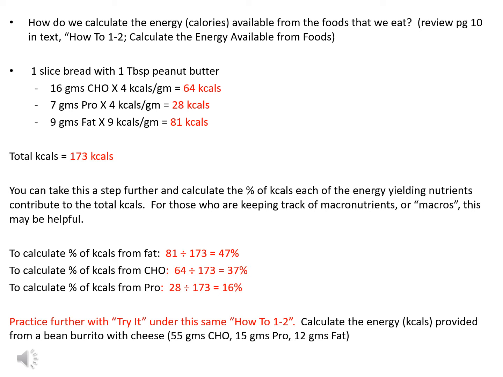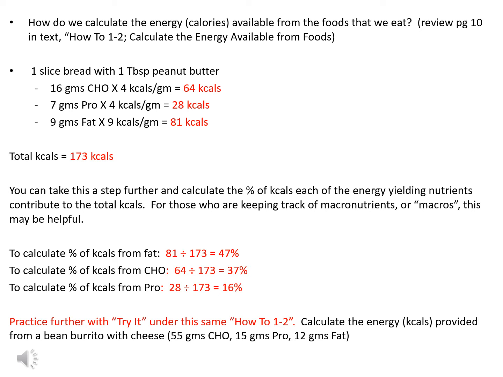Now, some people might consider that to be a little bit high, and they might decide to try a different type of food. So if you want to figure out your percentages, that's how you would calculate those. I would suggest, just to get a little bit more practice with this concept, if you are also looking again at this particular example, at the bottom you could see you can practice a little bit more.